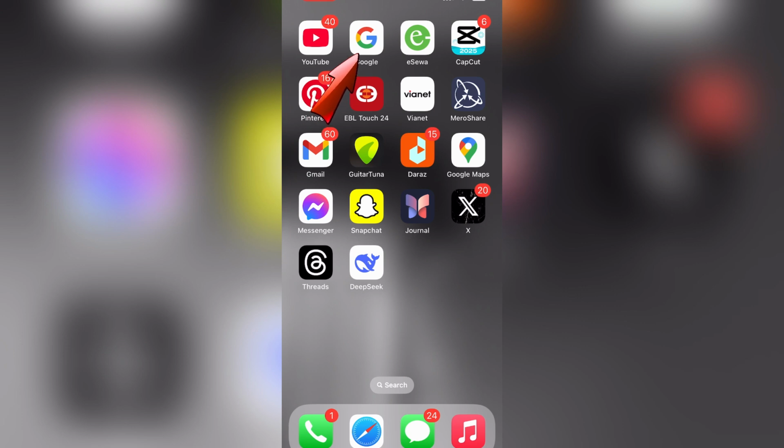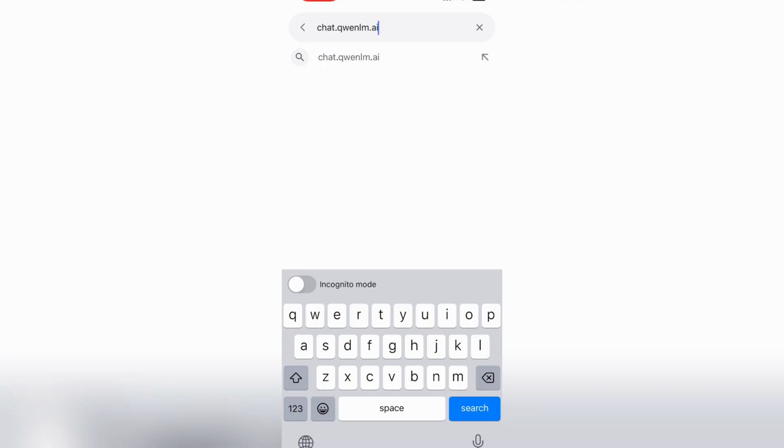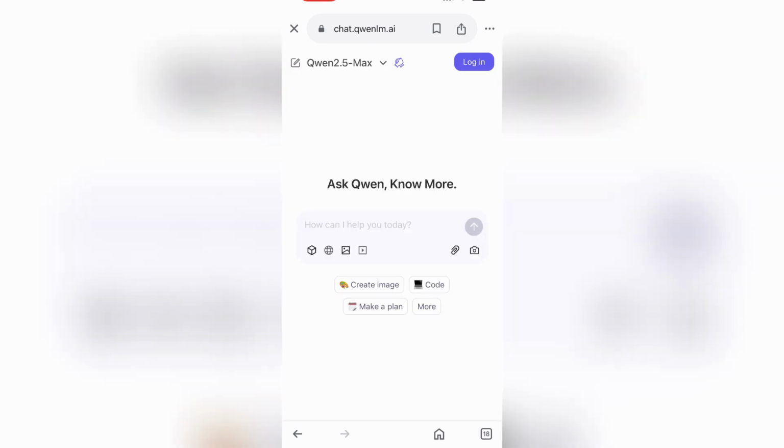First, open your preferred web browser, type this, and hit the search. Tap on the first link. This will take you to the QWEN 2.5 chat interface. Now to start using the model, you will need to either create an account or log in if you already have one. Simply tap on login